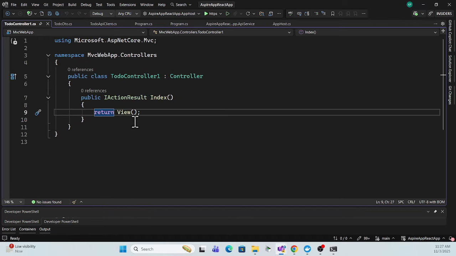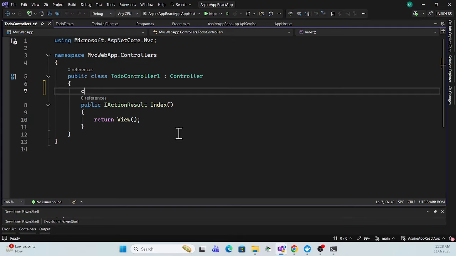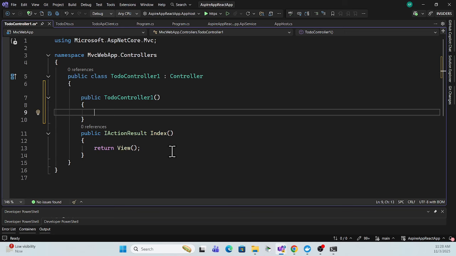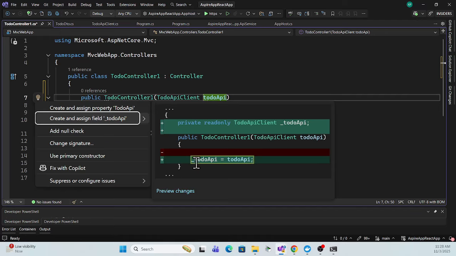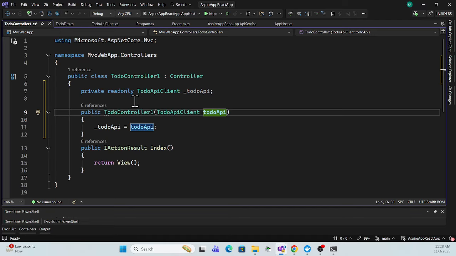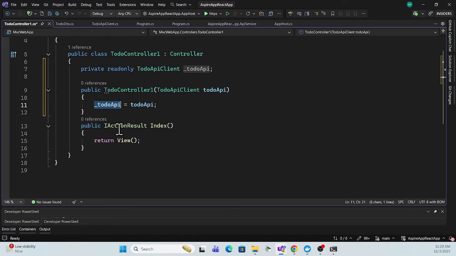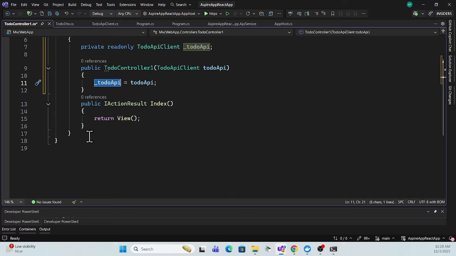And in here what we will do, simply I'll just inject that to do client over here. So let me just create a constructor over here, and in this constructor I'll just inject that to do client we just created, right? And this to do client we have just injected over here, and also need to assign as a private field so that I can utilize it in this complete controller. Okay, and once you're done, now